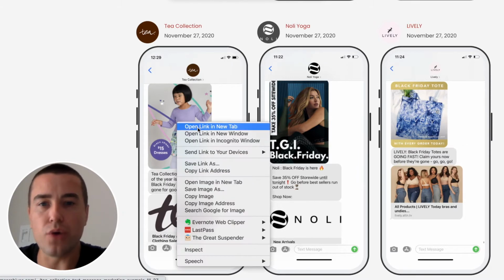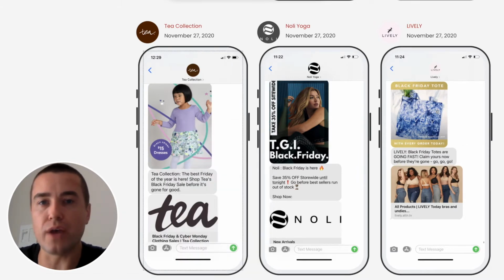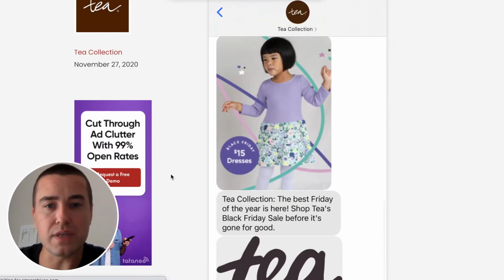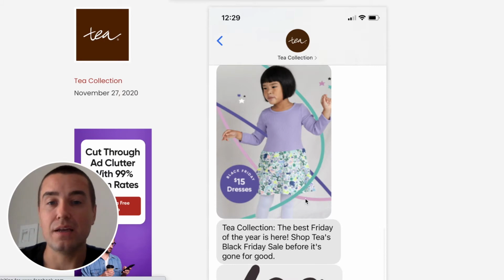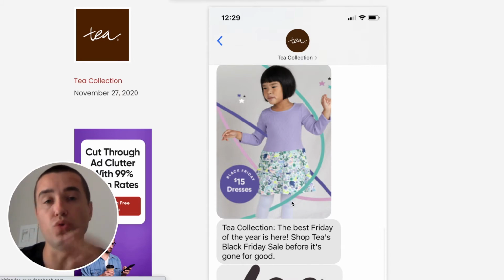So let's quickly go through some of these to show you what's going on here. As you can see here, the image looks okay, but it's not crisp. And this is what I would consider blurry. The reason most likely is because they're using the wrong size image, or maybe the image is too large. Again, the PDF that you can download for free will have all of these specifications in it so that it turns up really crisp on the mobile phone.